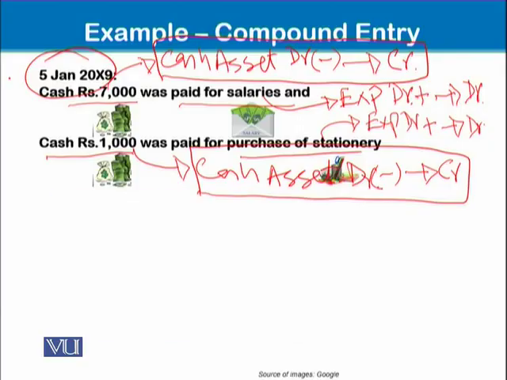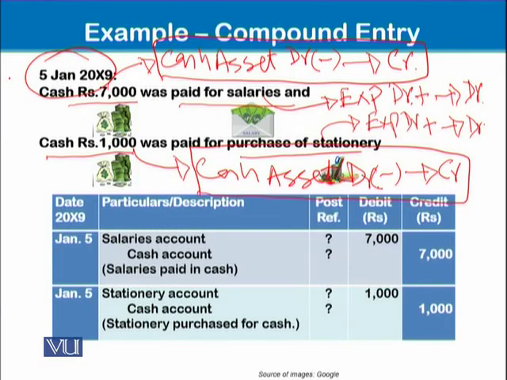So instead of having two accounting entries on the same day, in which salary expense is debited with 7,000, cash is credited with 7,000, and stationery is debited with 1,000 and cash is credited with 1,000,